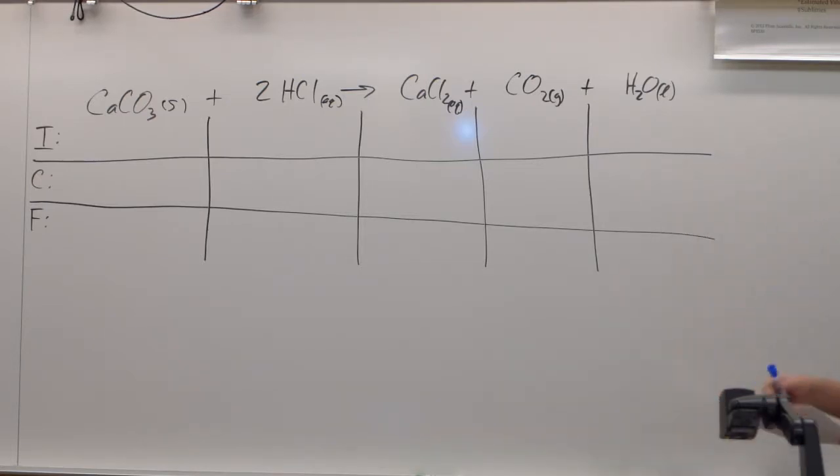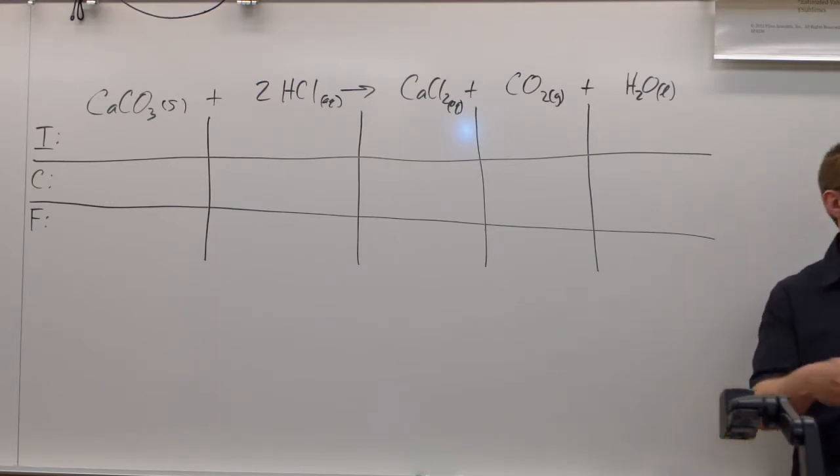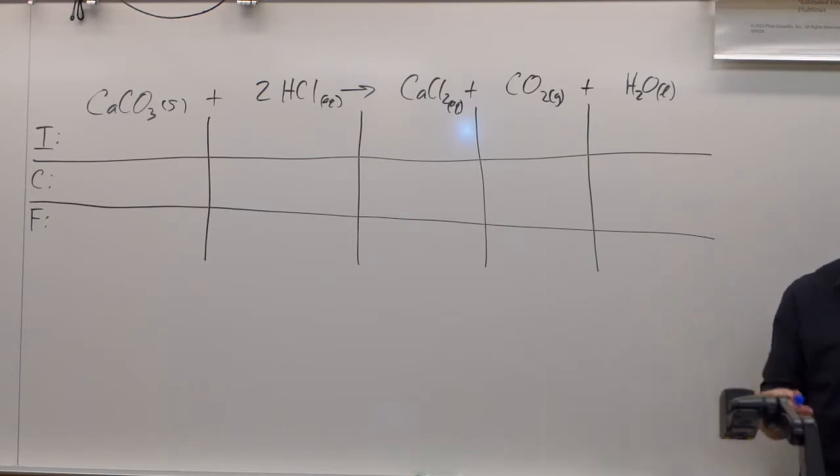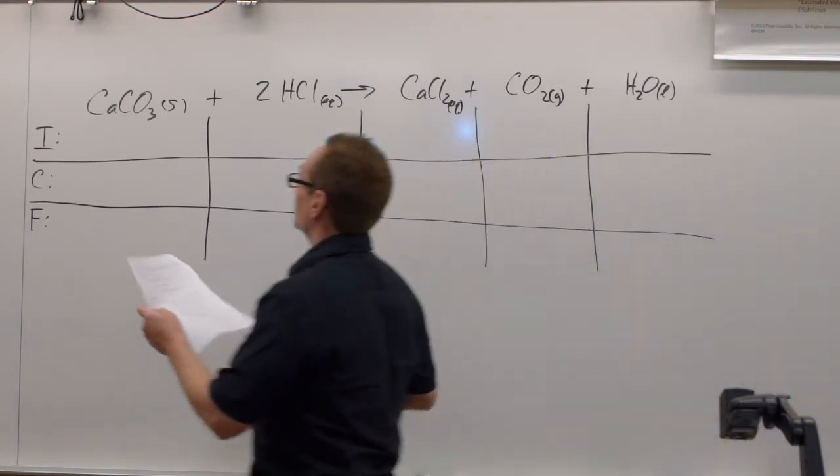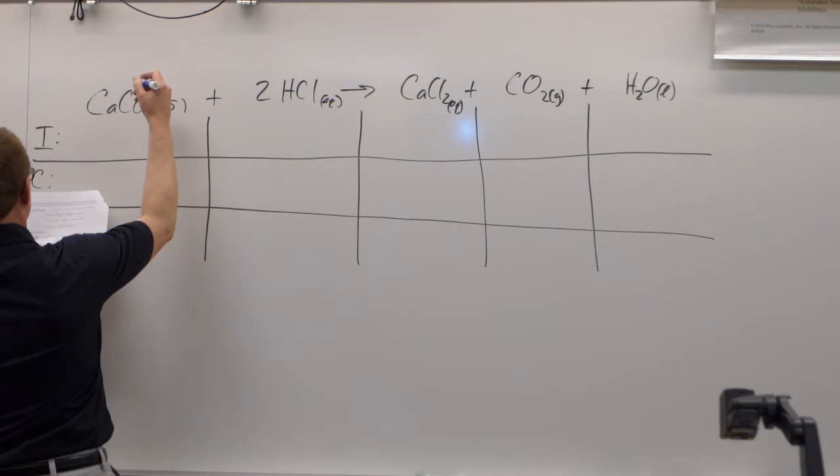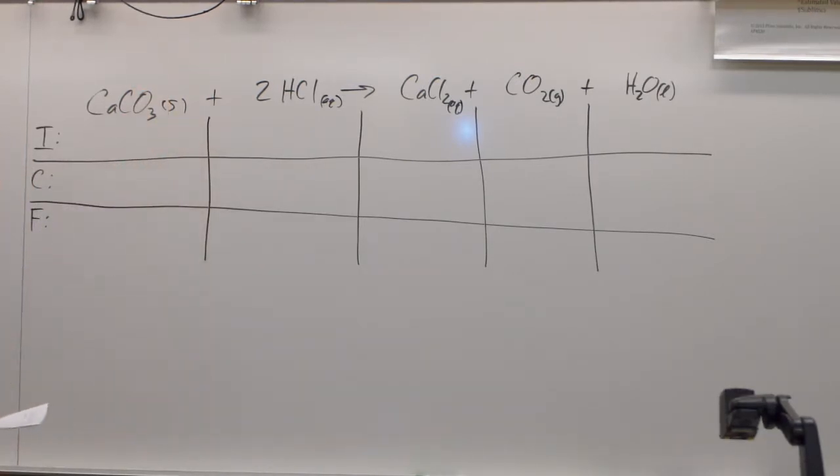Okay, so now that we've done that, what do we do? Do you remember? In order to find the limiting reactant, we have to first find the number of moles of each one, right? So I'm going to do that above here. How do we know this is a limiting reactant problem, by the way? Like if we look at this problem,